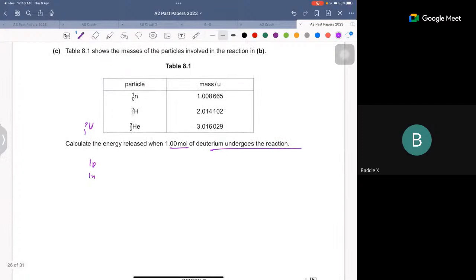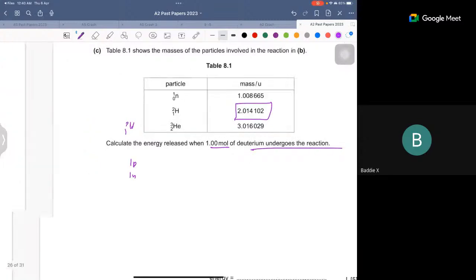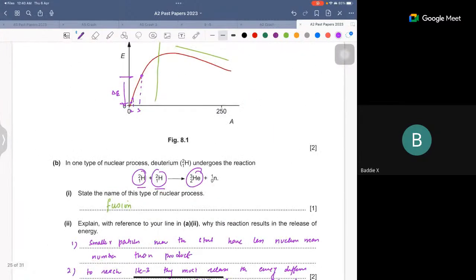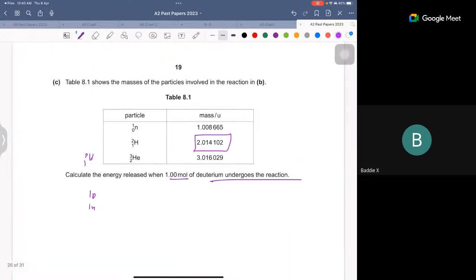We have neutron, we have deuterium here. So calculate the energy released when 1 mole of deuterium undergoes this. There are 2 deuteriums going from here to here, which is interesting. So let's do this. There are 2 deuteriums, so we're going to do 2 times